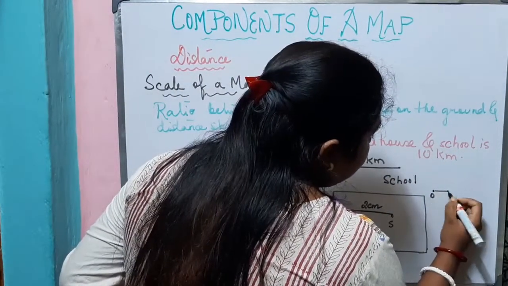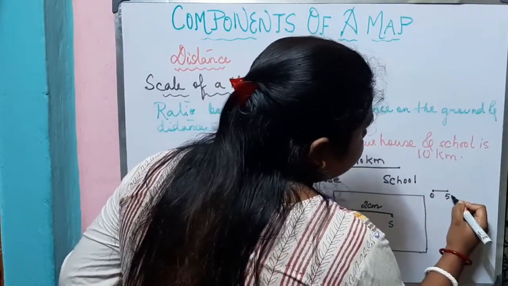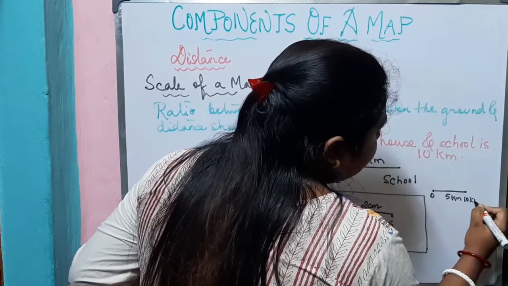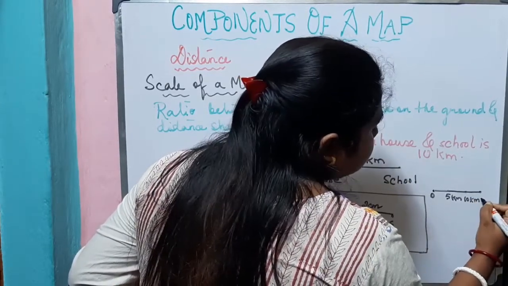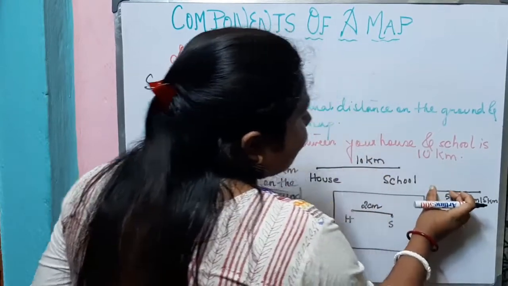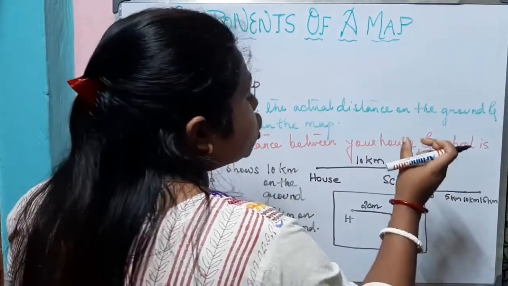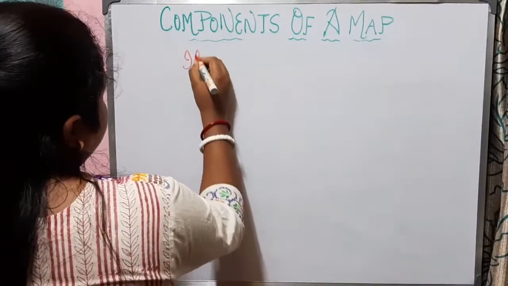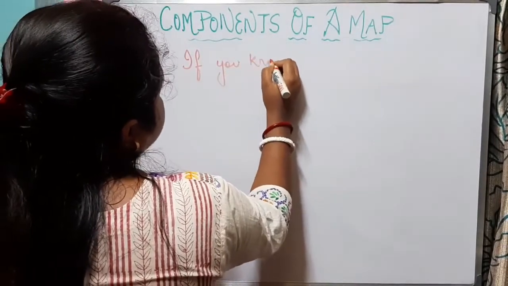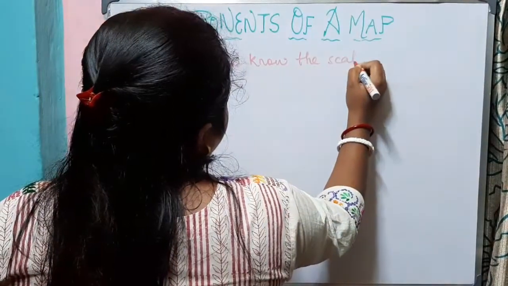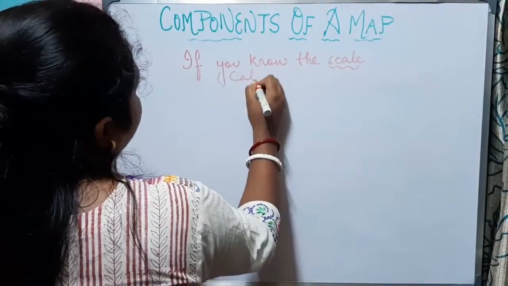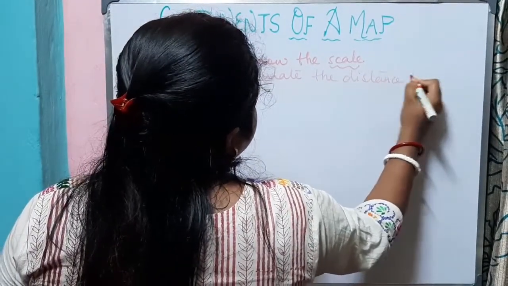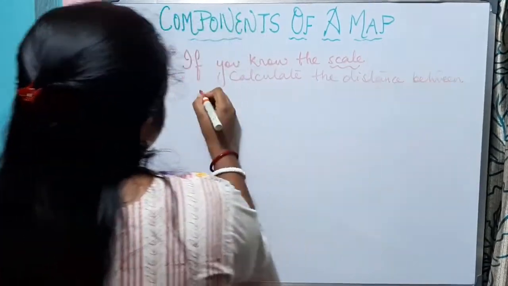So, this is 0, this is 1 centimeter, 5 kilometers, 2 centimeter, 10 kilometers, 3 centimeter, 15 kilometers. So with each centimeter, it is showing 5 kilometers on the ground. So that means if you know the scale, then you can calculate the distance between the places